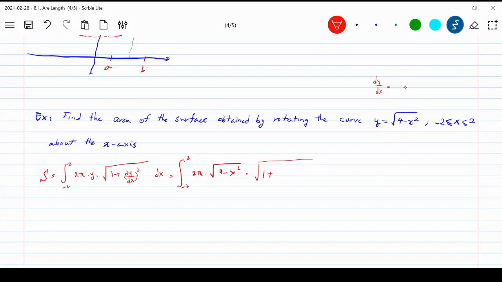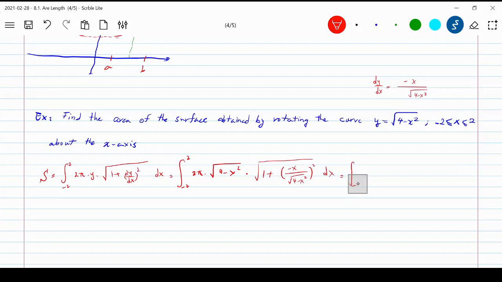If you calculate dy over dx, you get negative 2x divided by 2 square root of 4 minus x squared. You can cancel out these two, so you get negative x divided by the square root of 4 minus x squared, dx. After a bit of simplification,